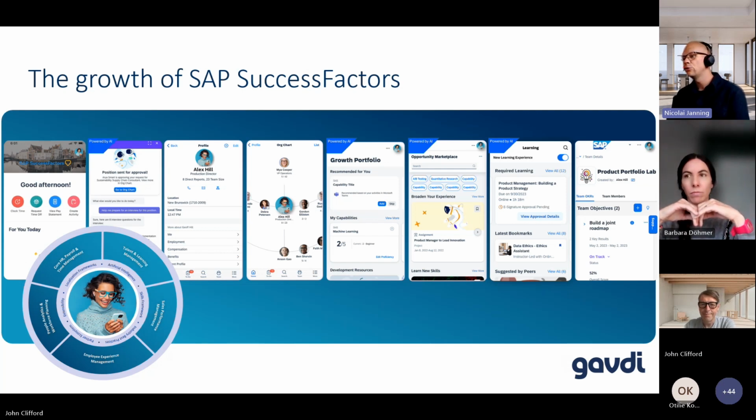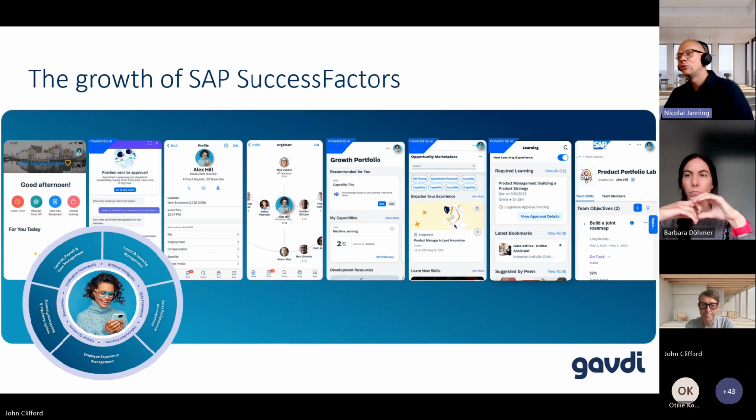So it's really about combining and embracing the cloud technology and continuous innovations. And you will also see later on with the usage of AI and machine learning, how that is tightly integrated into the overall suite of SuccessFactors. Looking back at 10 years of development of SuccessFactors, it's really good to see all of these new functionalities which you can pick and choose and adopt from a cloud perspective to further enhance your HR transformation.